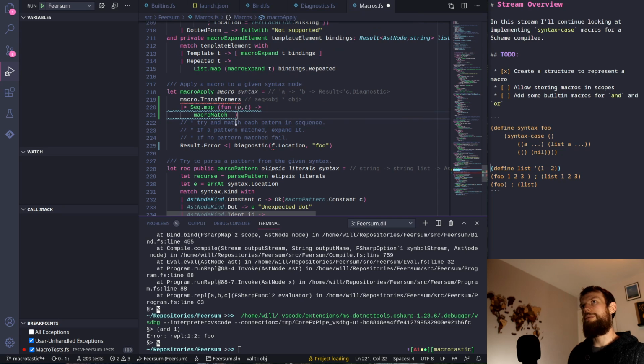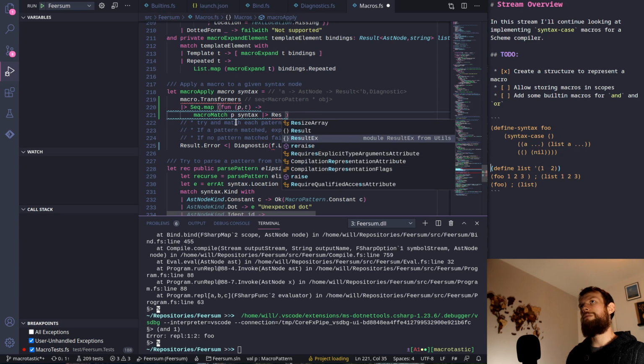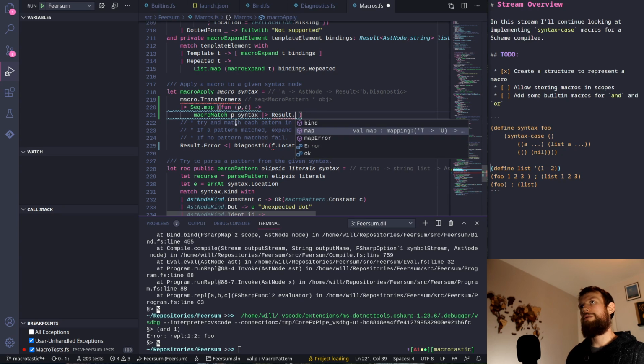So we'll try and match the pattern against the syntax, and we'll map the results